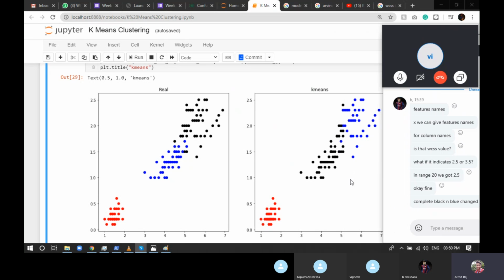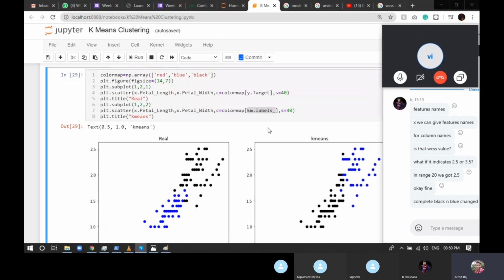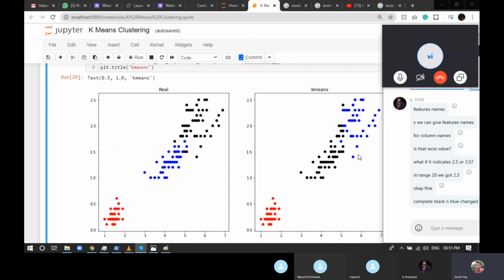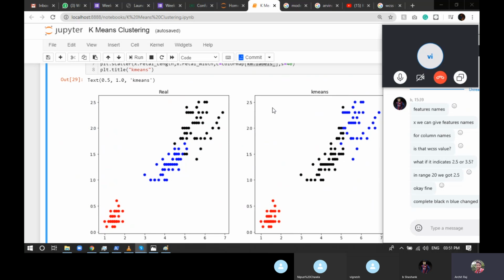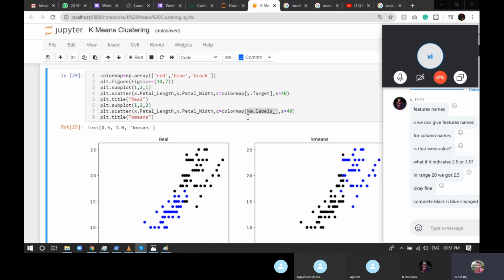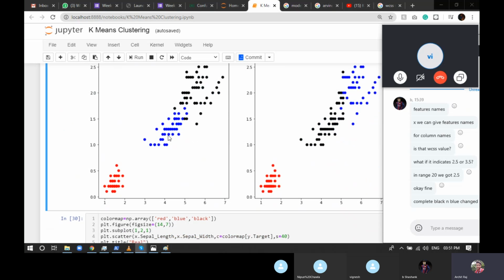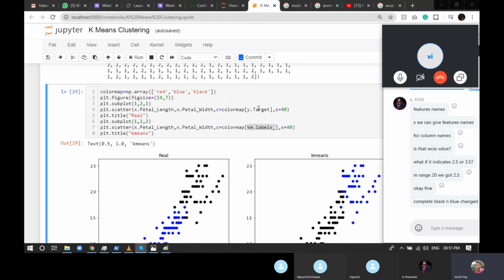The colors changed. Okay, the thing is, these are random colors, so it doesn't care which exact color it assigns. It's just going to make the clusters. If I specify the exact cluster color, that this should be red, this should be blue, this should be black, but here I'm not specifying the exact color names. I'm just putting a color map, and color map takes the number of mappings that you want.